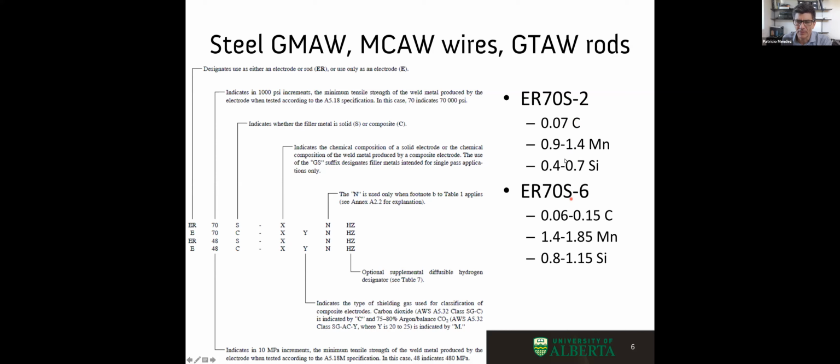That the carbon is more or less the same. In this case, I put only one value, and here I put a range that covers this value. But look at the range of manganese is higher. And look at the range of silicon is higher. So although we have discussed these things very loosely,